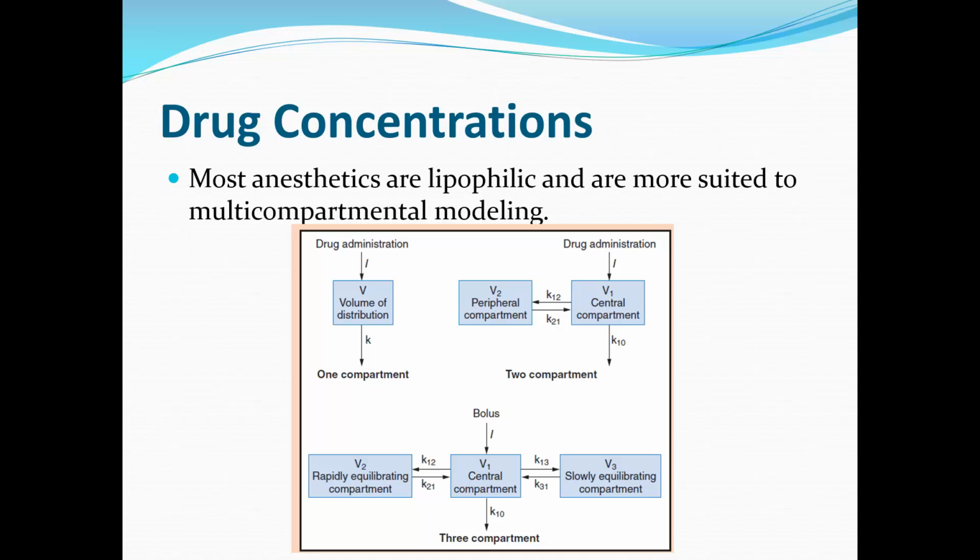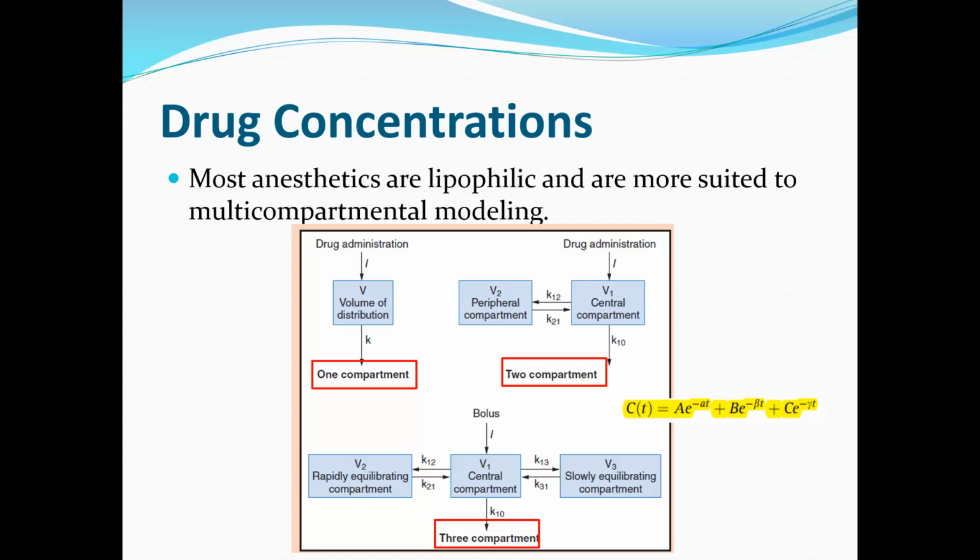Now, this slide is near and dear to me. I love the compartment models when it comes to pharmacokinetics. And for most of our drugs, we use the 3-compartment model. So, 1 compartment, 2 compartment, 3-compartment model. So in the 3-compartment model, after IV injection of a drug, the initial rapid distribution phase is followed by a second slower distribution phase before getting to the equilibrium. So the plasma concentration is the sum of the 3 exponential terms